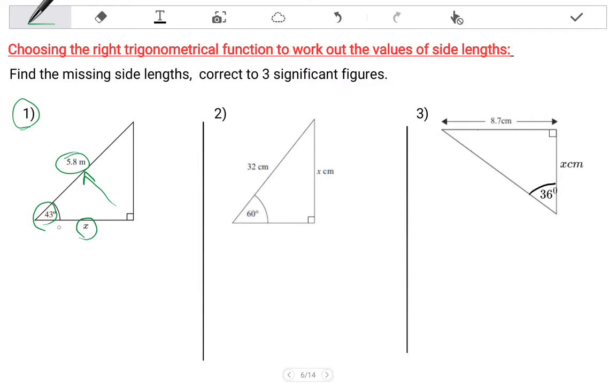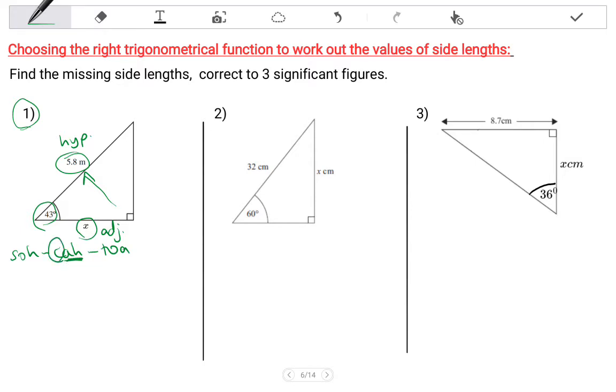According to the 43 degrees, it is the adjacent side, and 5.8 is the hypotenuse. Then let's write SOH CAH TOA. This will help decide whether sine, cosine or tangent is useful in this example. Hypotenuse and adjacent together are used